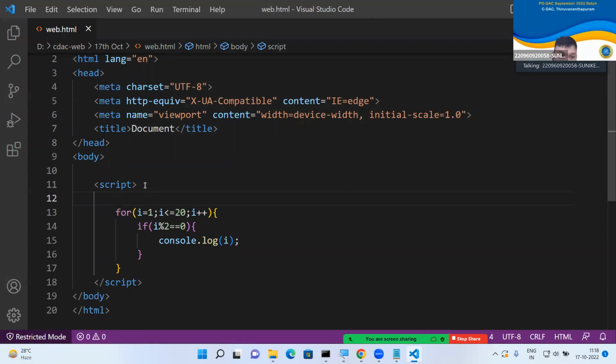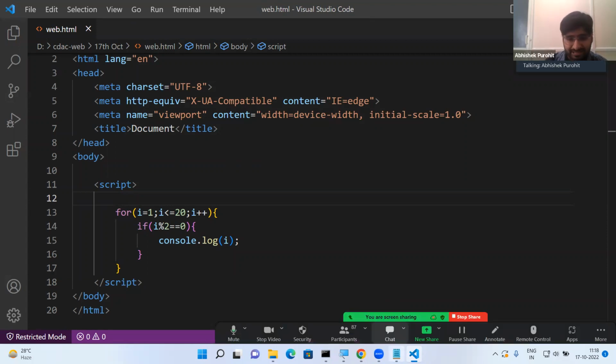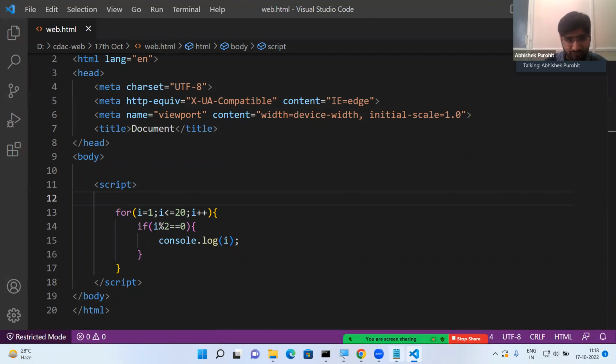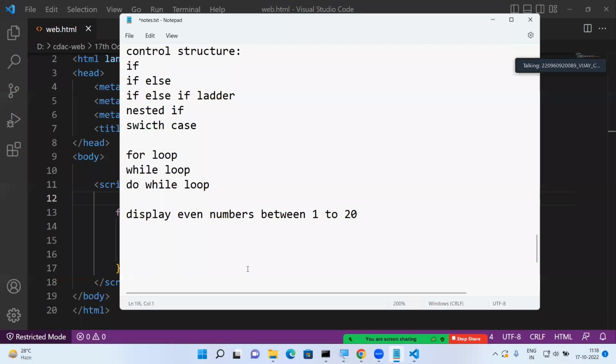Yes, sir. Okay, so I want you guys to have some hands-on practice with problems of control structures. I will give you some practice tasks for that. I will give you some links. There you can find some questions for if else and some questions for the loops. But if you want to display the same on the web page,